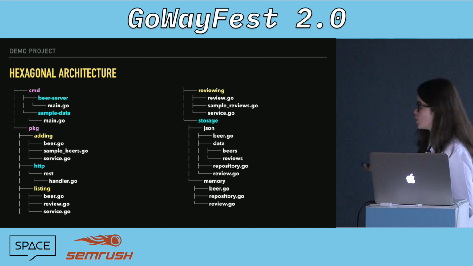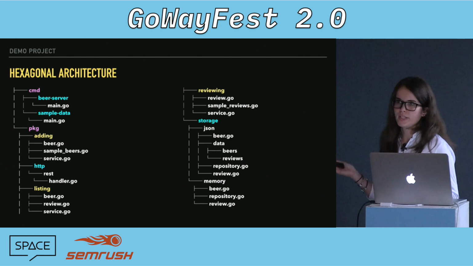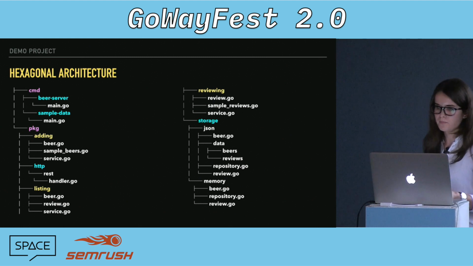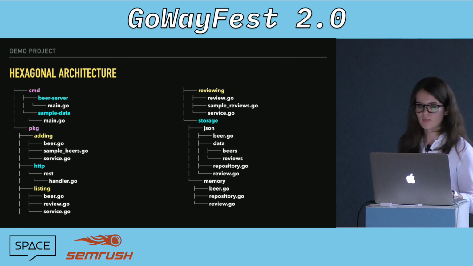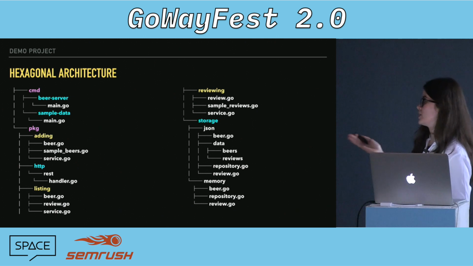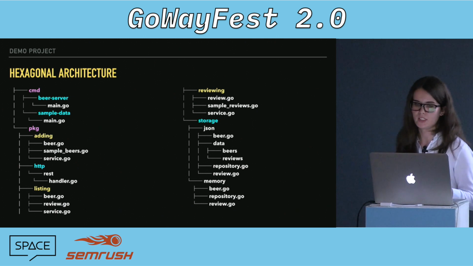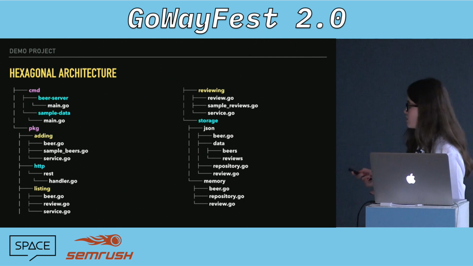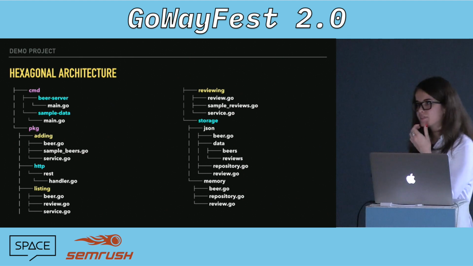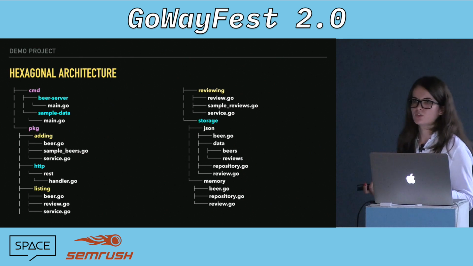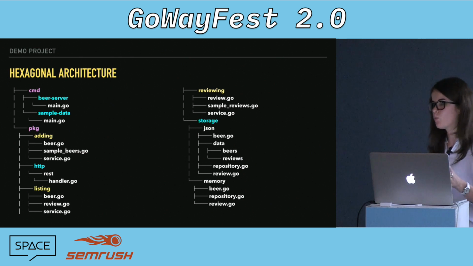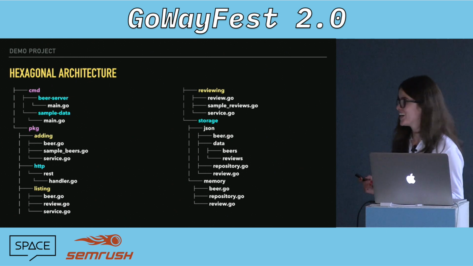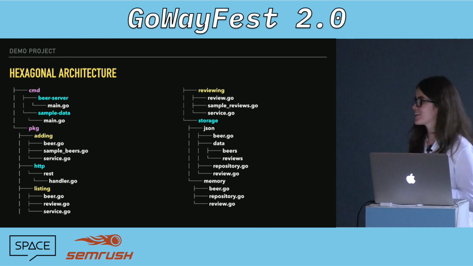And then the packages in blue, HTTP and storage, are just the input and output interfaces. So they provide storage implementations and the HTTP handler implementations. And you might have noticed as well the addition of the CMD and PKG packages. You might have seen the CMD in open source projects online, and you might have been wondering why people are adding this. That's certainly what I thought the first time I saw it: what's the point of doing that?